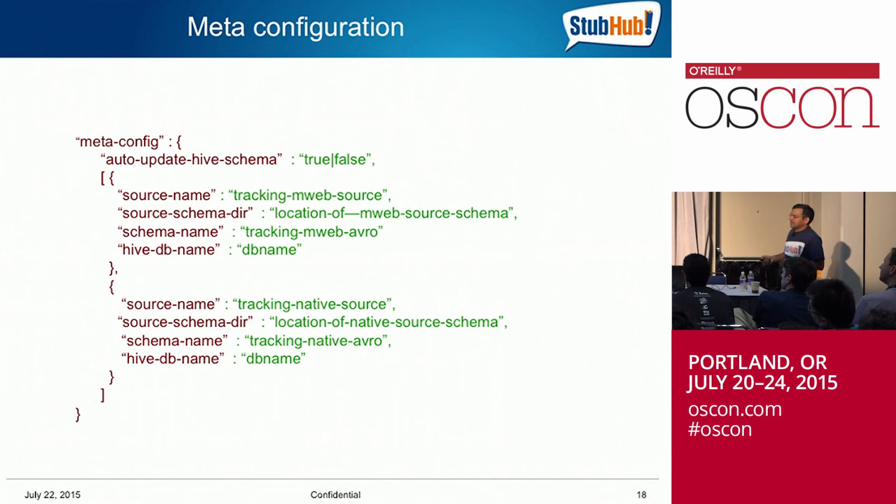You can also inform the adapter where the schema for the incoming data is, and where my bookkeeping directory is. Where can I bookkeep what I have seen before, what I am seeing now, and what the delta is? And what schema should I create, and what's the DB name, and all of that. I'm showing 2 different examples here: this is for one type of source, this is for a different type of source. So effectively you're configuring the metastore. All of the things that you would normally write code for, and lots of things on top of that, you would use this configuration to express.